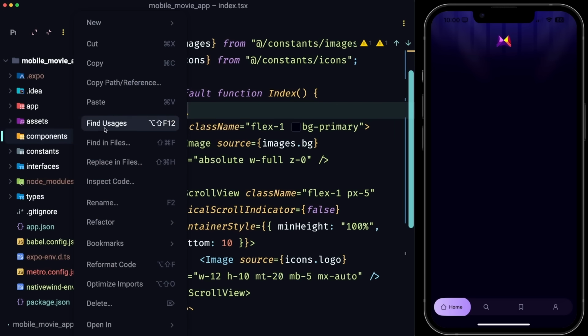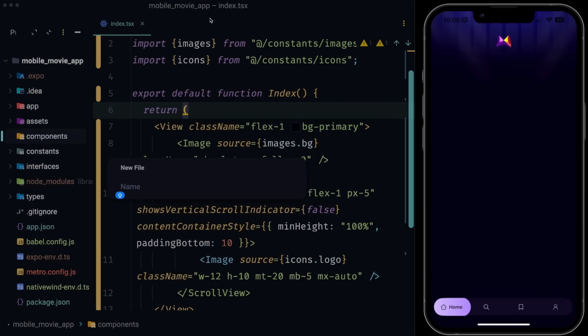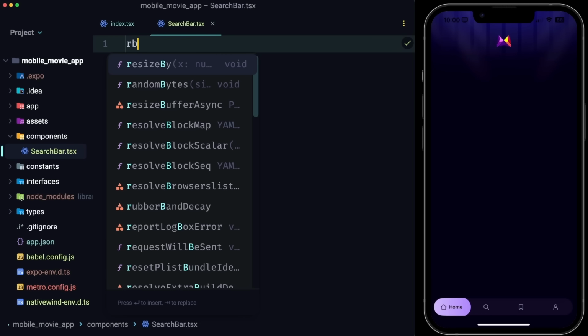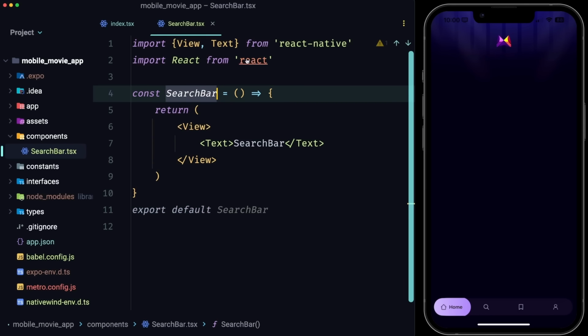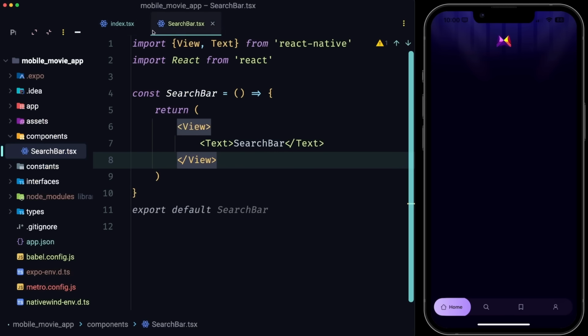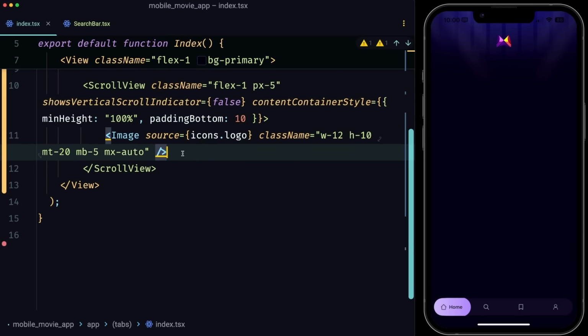And within it, let's create a new file called searchbar.tsx. And within it, run rnfe to quickly create a new component. Now, we want to be able to see that component somewhere. So let's head back into the index.tsx and let's head right below this logo image and render the view that'll